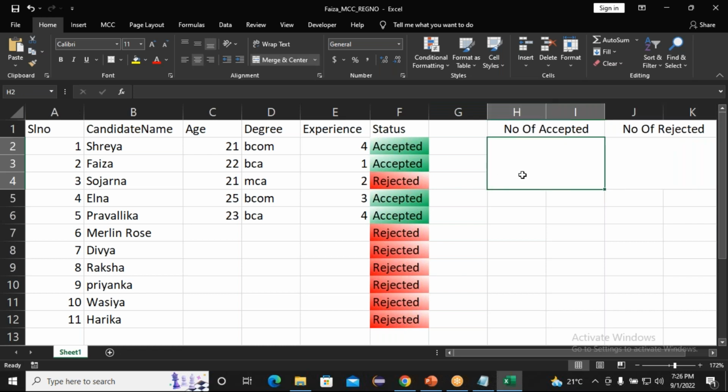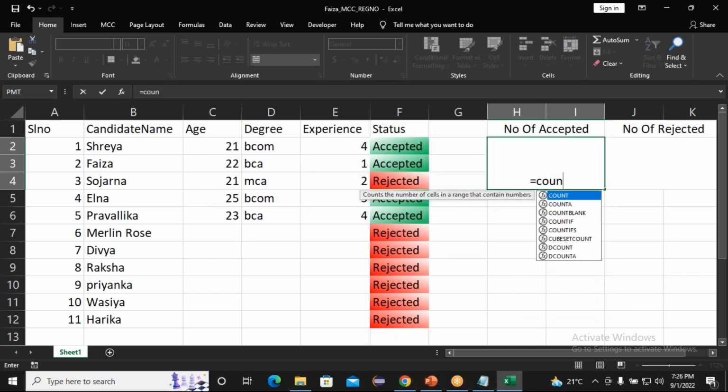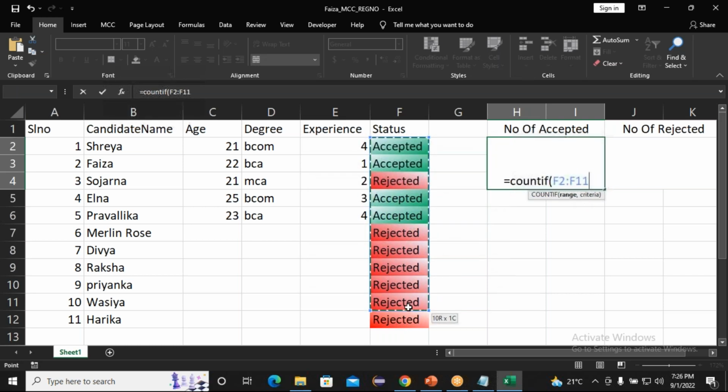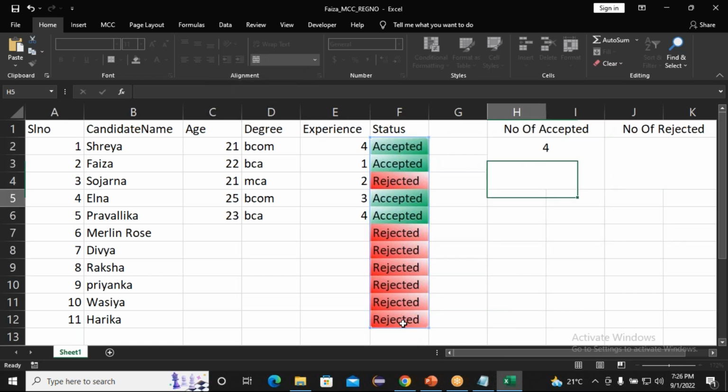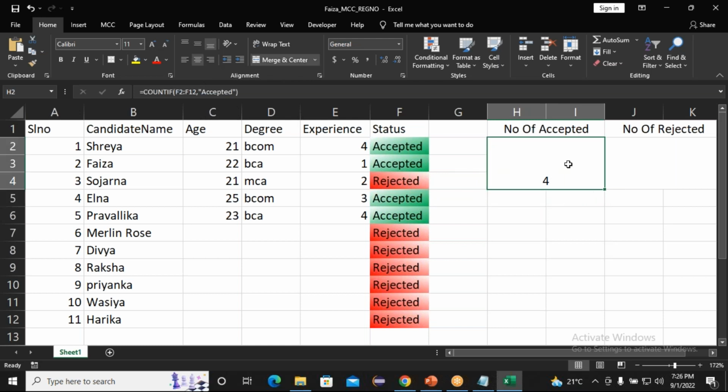Now, number of accepted, I want to know how many accepted candidates there are and how many rejected candidates there are. Okay, right? So I introduce one more formula, equal COUNTIF, open bracket, the range, comma, criteria. So now I need to select the criteria range from F2 to F12, comma, and write the word "accepted" and close the bracket. Now you can take a look, the total number of accepted candidates is 4, and right now because I'm still not